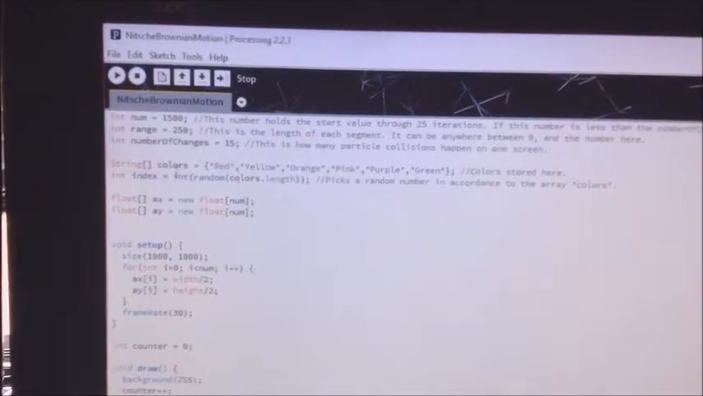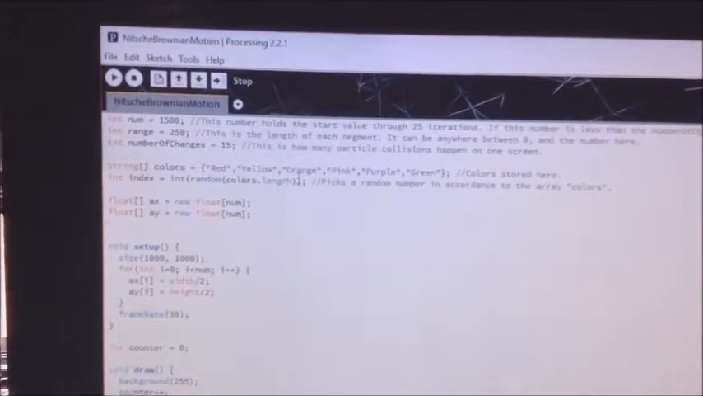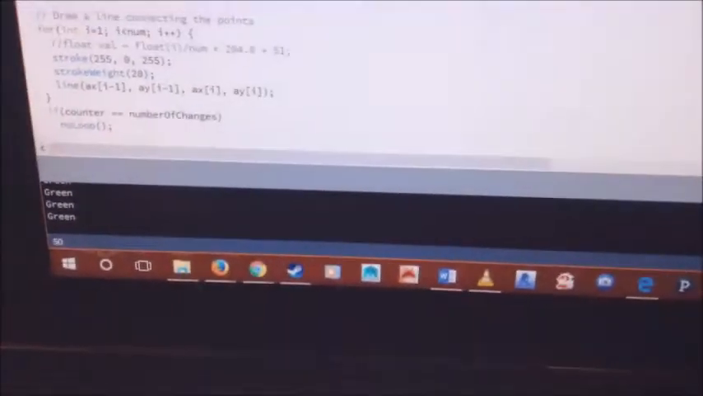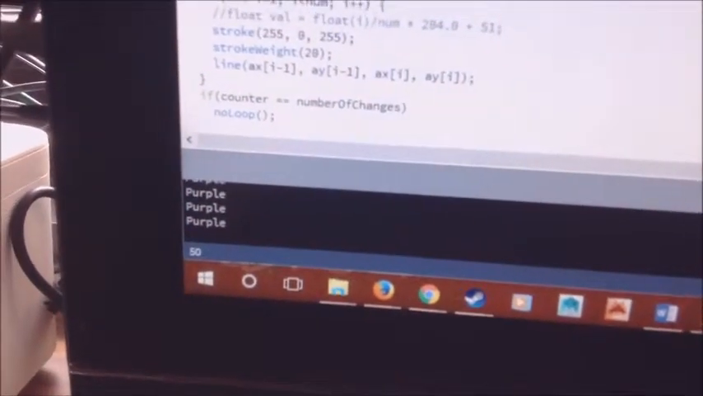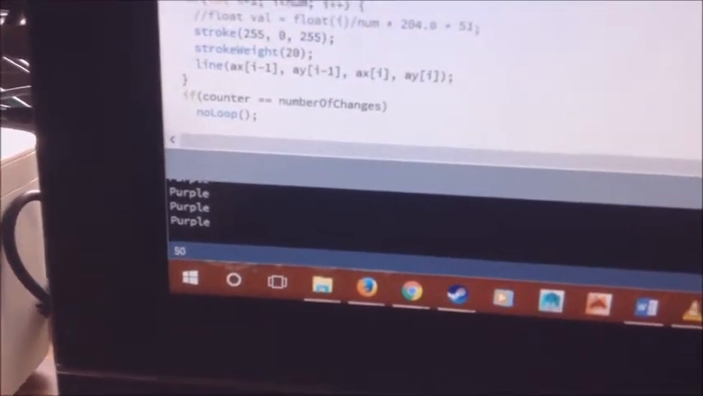This index right here randomly selects the colors, and then at the bottom of the Processing window, it will print out a line of colors that you can use. So let's run this and see what it generates. So here you have this line. And over here, you can see that it has written purple, indicating that the purple nail polish is to be